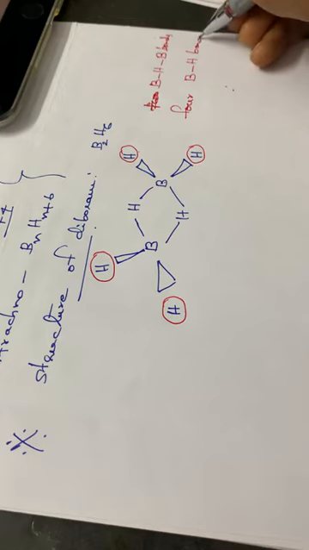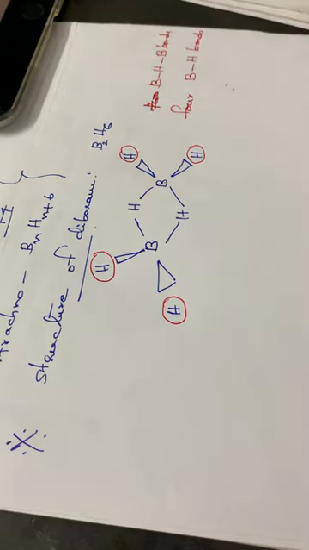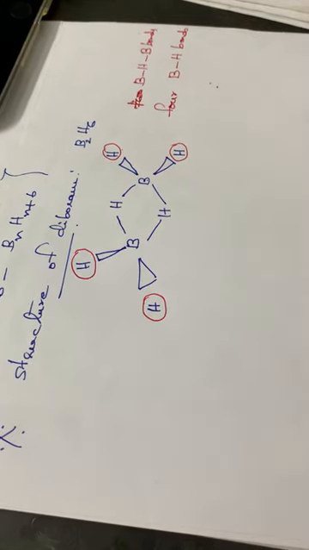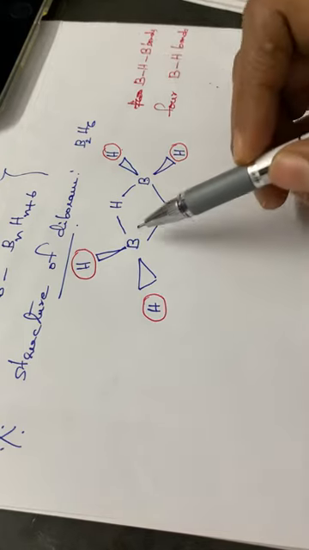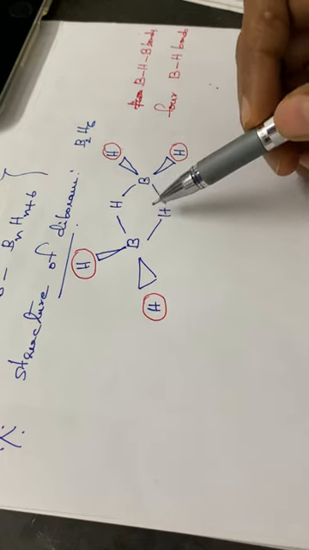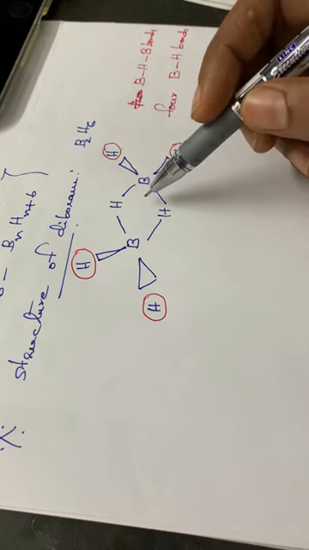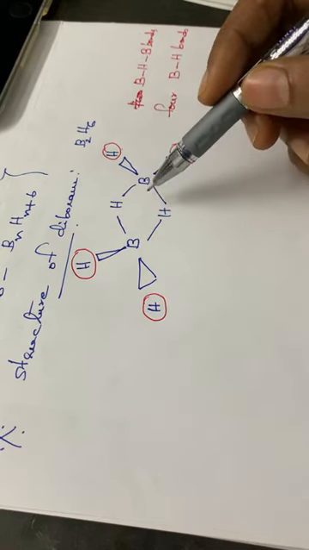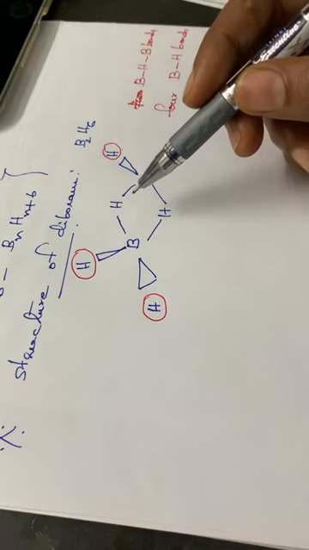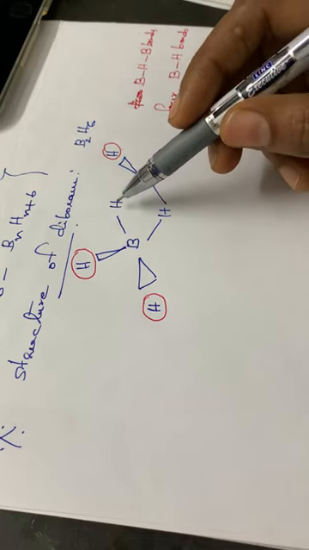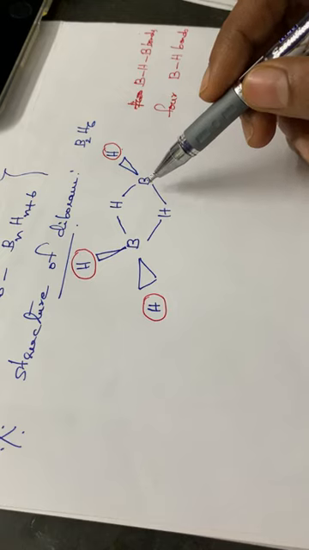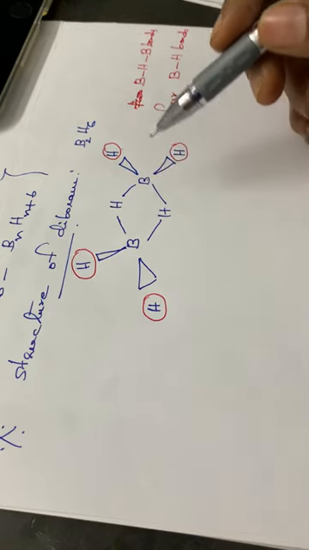So these 4 BH bonds are perpendicular to these BHB bonds. Due to the presence of the BHB bonds, this molecule cannot be rotated. That means this BHB bond is in a bridged shape, in the form of a bridge, and due to these BHB bonds we cannot rotate that particular molecule. This BHB bond prevents the rotation of that molecule. That is one point to be studied.